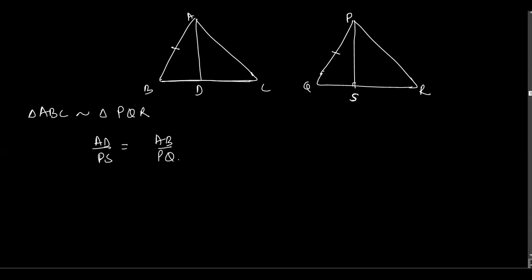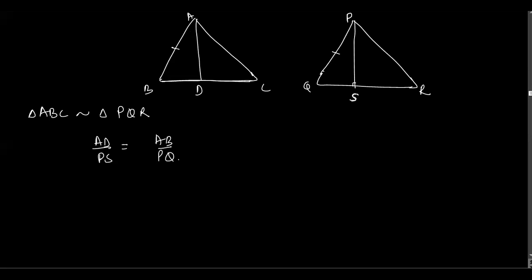Yes, we can prove that if these two triangles are similar, then actually this triangle and this triangle will also be considered as similar. And how can you prove that? How can you prove that these two triangles are also similar? Do you have any idea? Sir, can I tell? Yes, tell me.